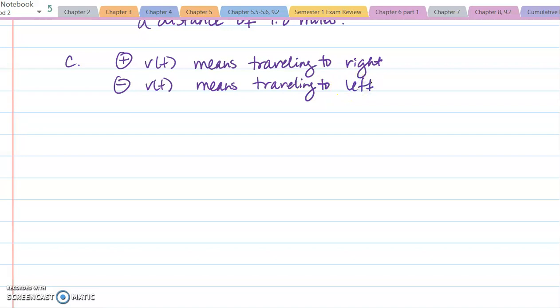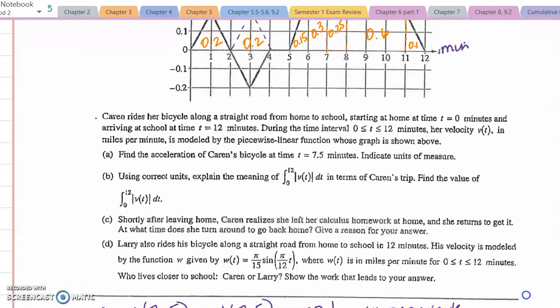So when we talk about a change in direction, so changing from right to left, it means that your velocity is changing from plus to minus, or you could say the other way around. Now, the context of the question says, Karen realizes she left her calculus homework at home and she has to return to get it. So she's already been moving for some amount of time away from her home. So looking back up here at the diagram,